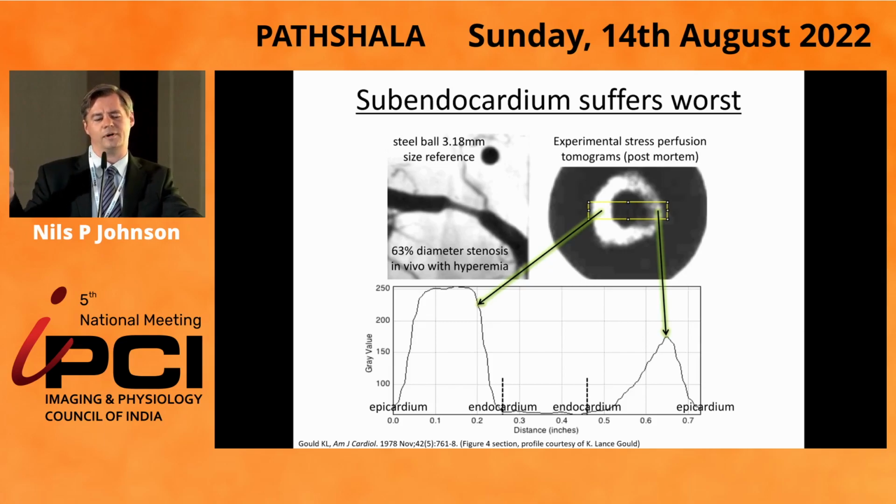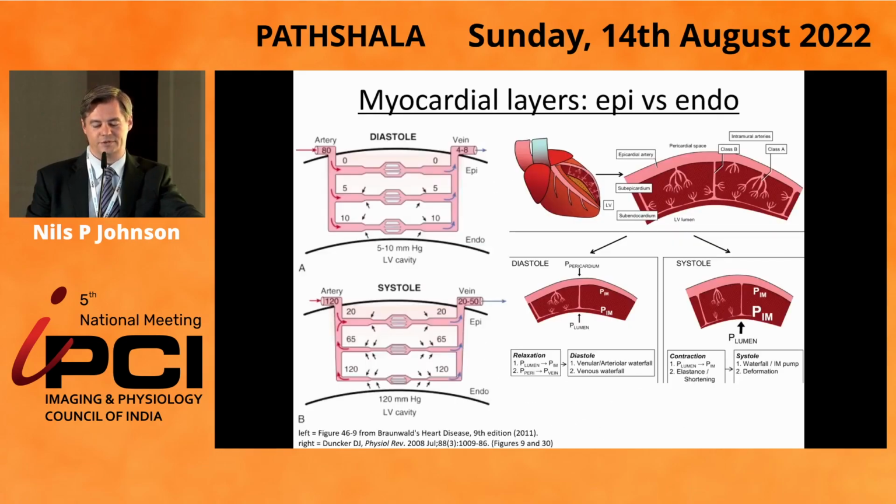Look at the lateral wall. You can see the defect, but the defect is really bad in the subendocardium, right? That's the area that shells out. And the reason that the subendocardium suffers the worst is that it is exposed to differential LV pressures during the